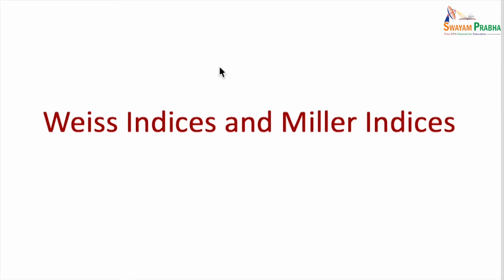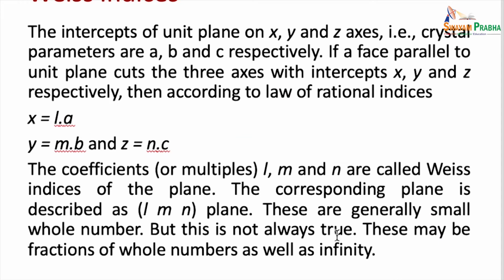Now let's talk about the Weiss indices and the Miller indices. So what are Weiss and Miller indices? These are a set of integers which are used to describe a given plane in a crystal. Let's first talk about the Weiss indices. The intercepts of the unit plane, I'm repeating, what is a unit plane? A plane which cuts the x, y, and z axes, all three. So the intercepts of the unit plane on the x, y, and z axes, that is the crystal parameters, are a, b,